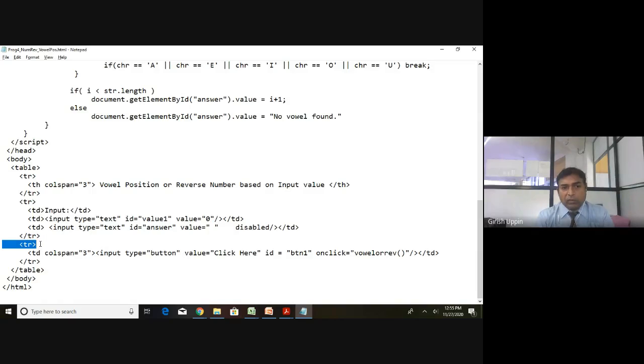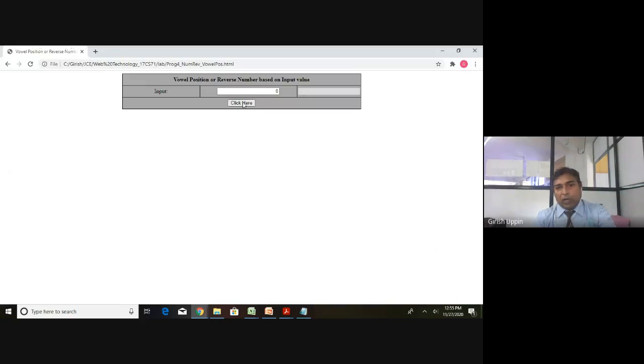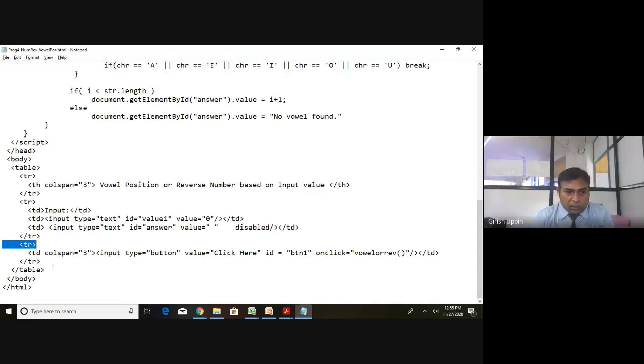This is the beginning of the third row, and in the third row I have only one button. First is the td. How many are there? Only one td, and it spans 3. colspan is equal to 3 means that it will span across all 3 columns. This is the closing of the td, and I have one input.